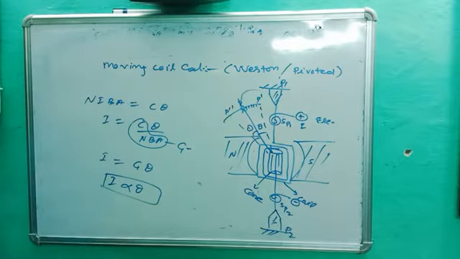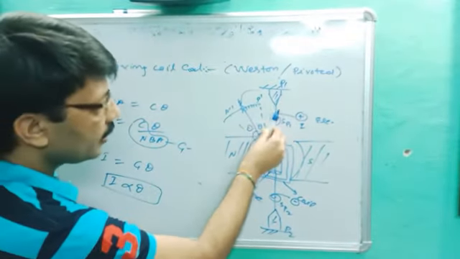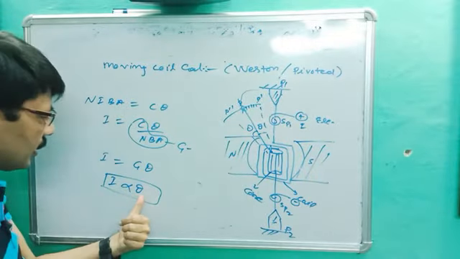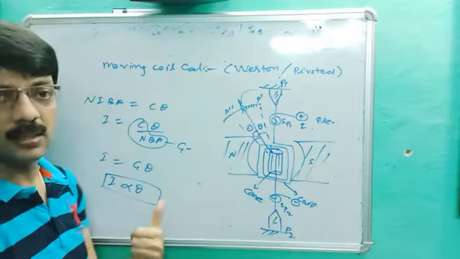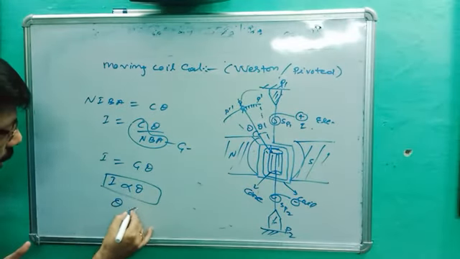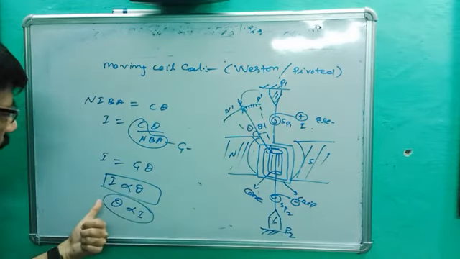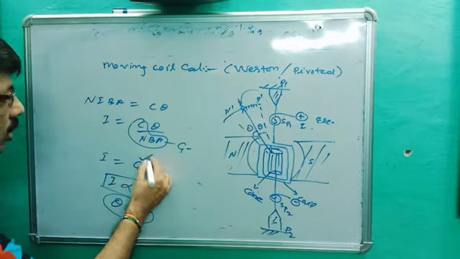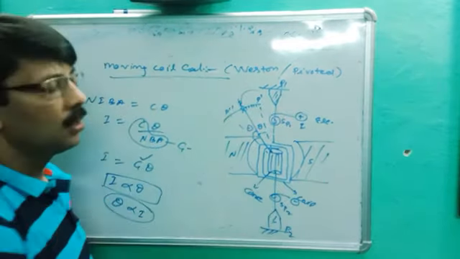As you have seen here, when current is drawn, it gets deflected. It means how much it gets deflected, theta, depends on I. If current is more, deflection will be more. If current is less, deflection is less. This is the working of the galvanometer, or it could be written as theta is proportional to I. You can write either I proportional to theta or theta proportional to I, where G is called the galvanometer constant. This is all about your moving coil galvanometer.